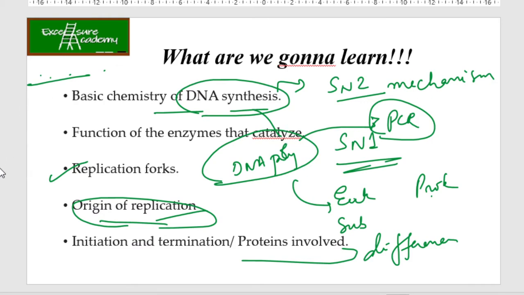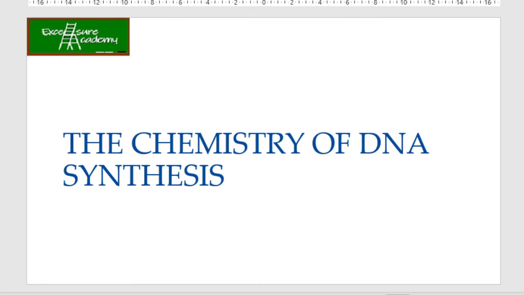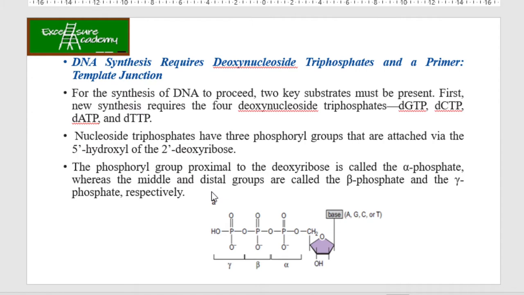Okay. Now let's talk about the chemistry of DNA synthesis. इसमें हम क्या पढ़ने वाले हैं? How exactly the DNA is being synthesized. So we know that DNA synthesis requires deoxynucleotide triphosphate, in short dNTPs. ठीक है, जो लोग लैब में काम करते हैं, रिसर्च वर्क एरिया में हैं, वो हमेशा dNTPs बोलेंगे. So the moment you say dNTPs you understand कि आप किसके बारे में बात कर रहे हो.